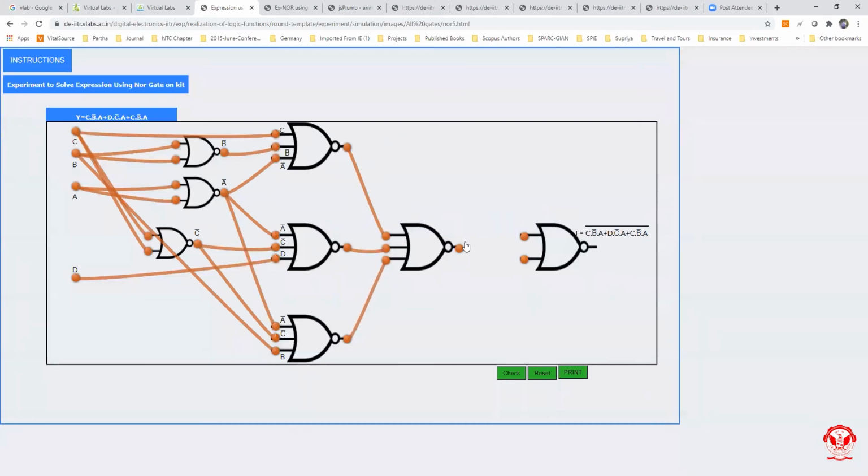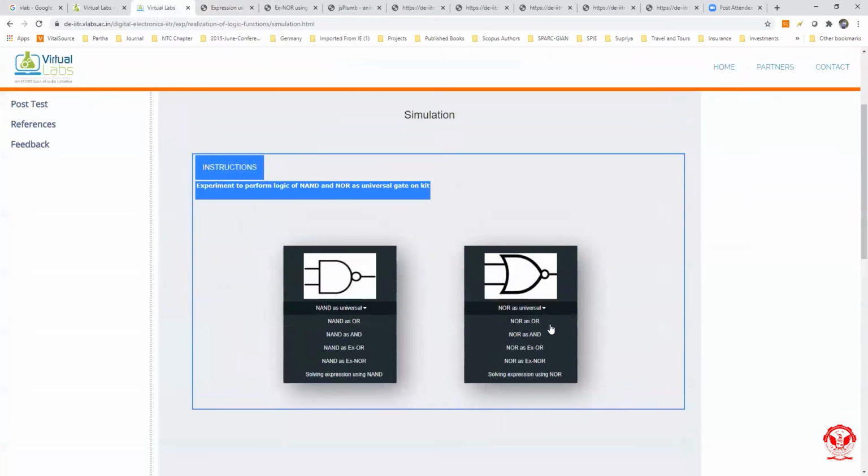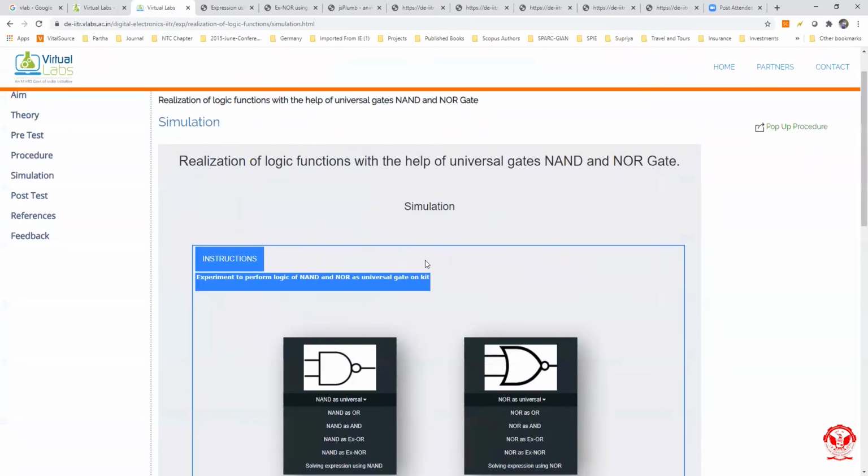And the last one is to connect this output to the last input. Now check whether what I have done is right or wrong. Just click on the check button. Yes, it is the right connection. Now one can also print all the results. Now we have completed this experiment also.